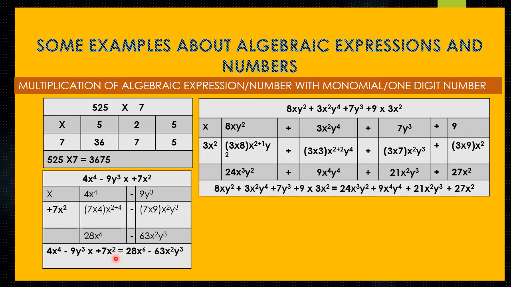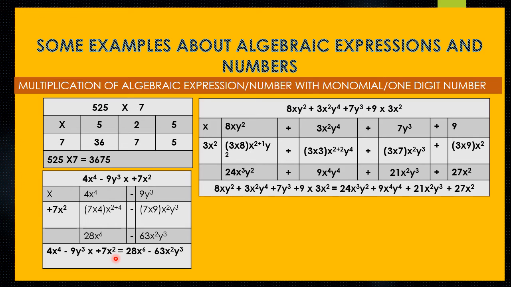Now coming to the fourth term, multiplying plus with plus we get plus, and multiplying 3x square with 9, so we have to multiply 3 coefficient with 9, and we have to keep x square intact here again, so 3 multiplied by 9 x square.